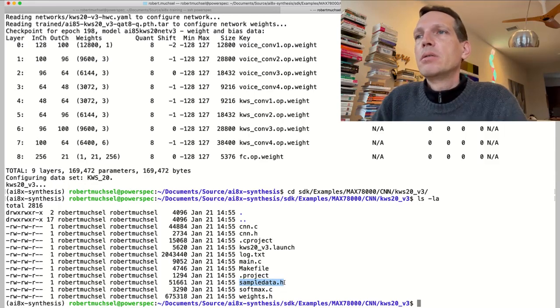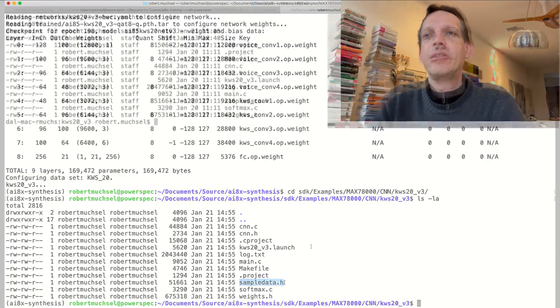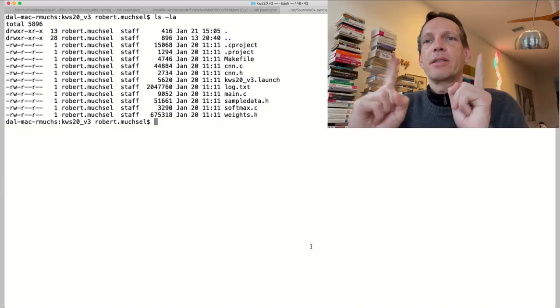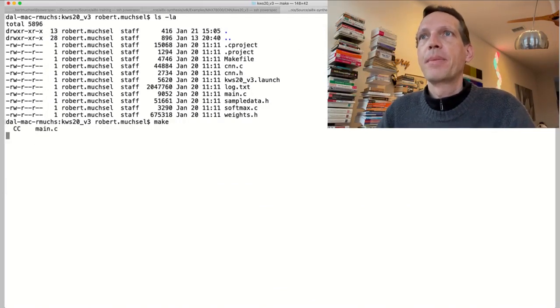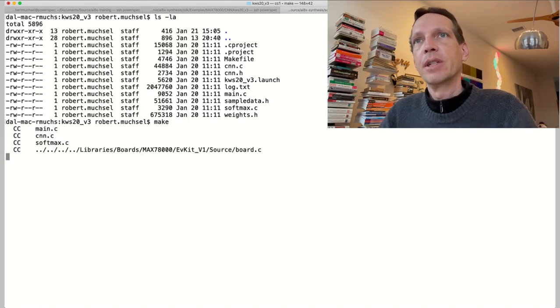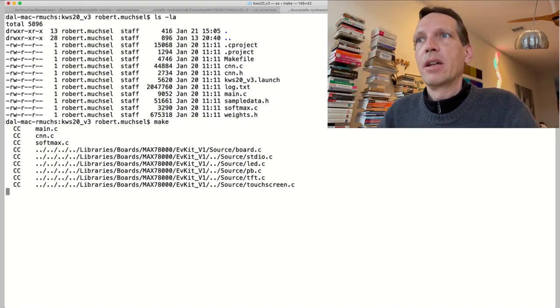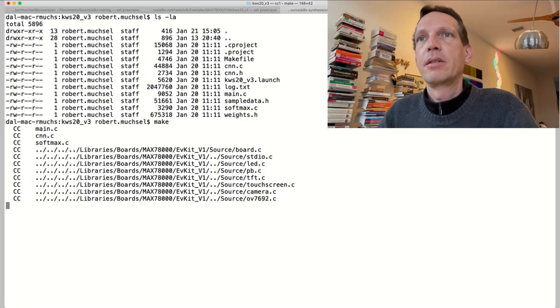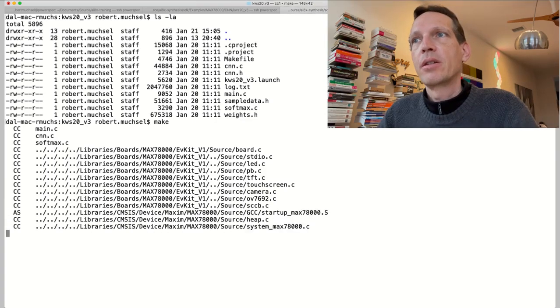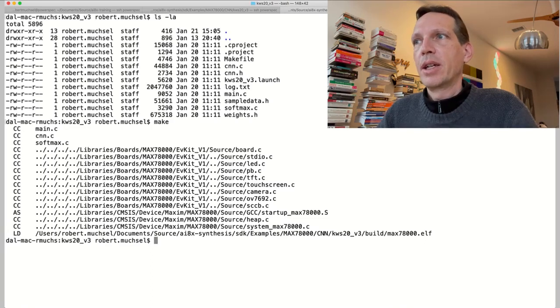So we can now compile this and load it on our device, and I'll show you what that known answer test looks like. After that, we're going to go back and examine how the tool converted our checkpoint file into the C code. Since I already have all the tools installed, I can just hit make and it'll build the example for me. Note it also will compile the library since that hadn't been done yet. And any minute now, it creates an output file named